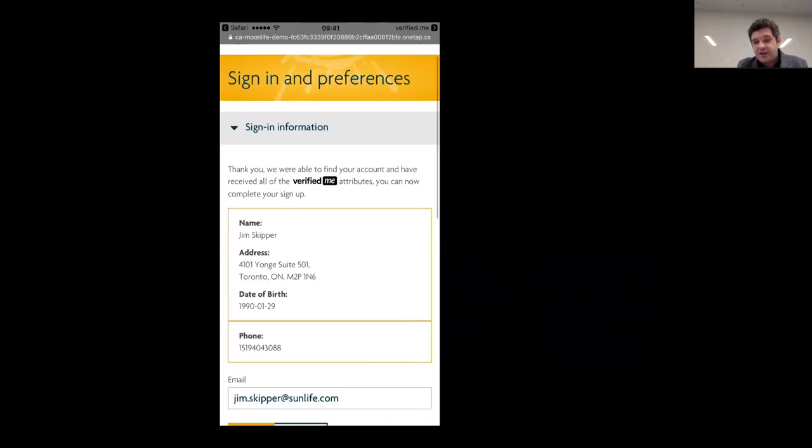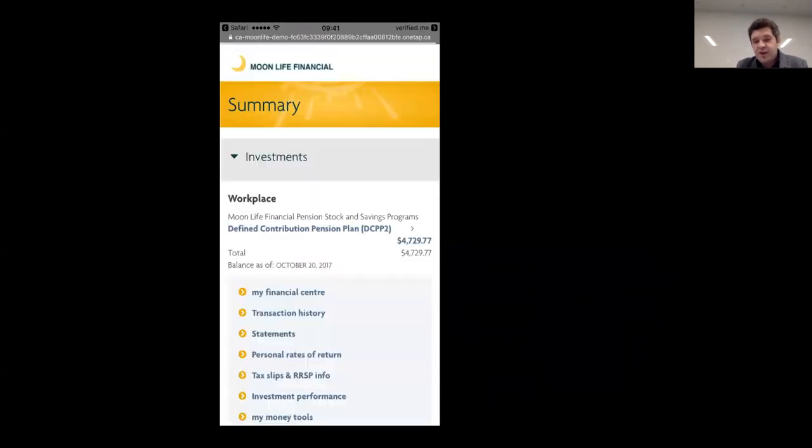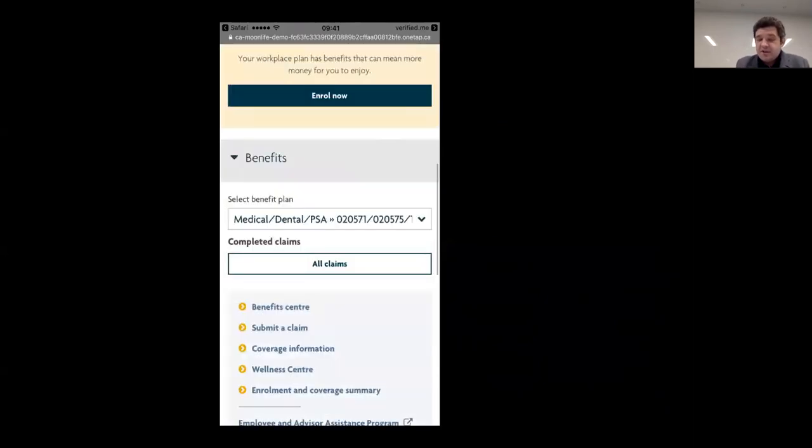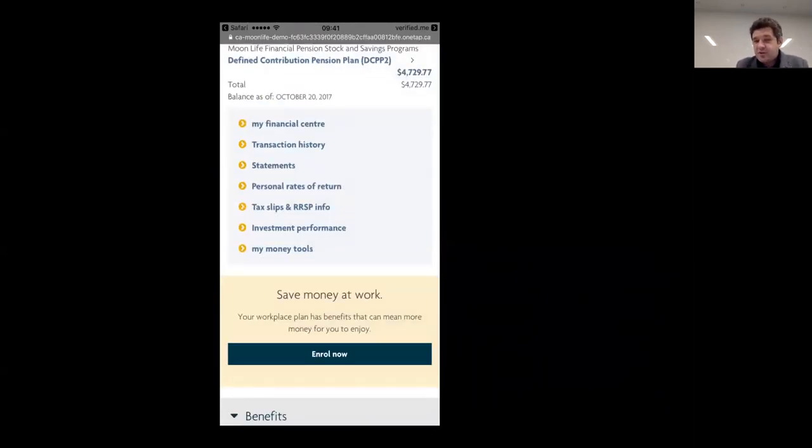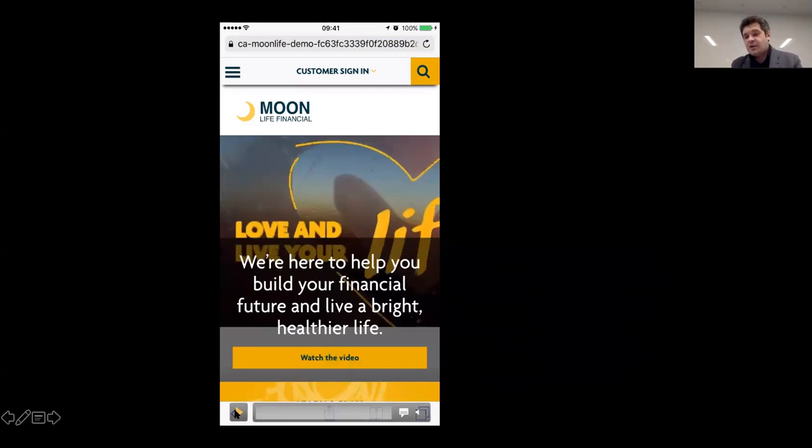So there's actually a live connection to a telco, and a live check going in the background takes maybe a few seconds, and a few seconds to get your data from the bank, and there you are. Right? And now you have your account set up. You can just enter your password, and now you're in your either retirement or insurance account with Sun Life. So that's what it would look like if you were to use this app in the wild.